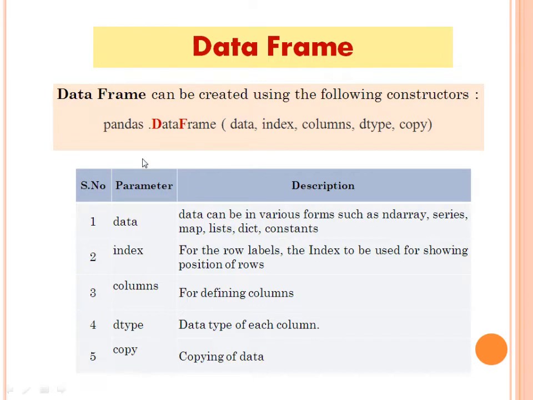Data contains the data values by which we can create the data frame. Then come to the index part. It adds the new index numbers for the data frame. Column defines the columns. Dtype tells the data type of each column. Copy parameter will copy the data.